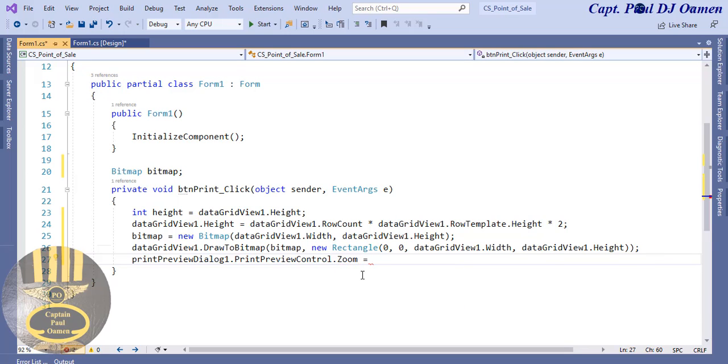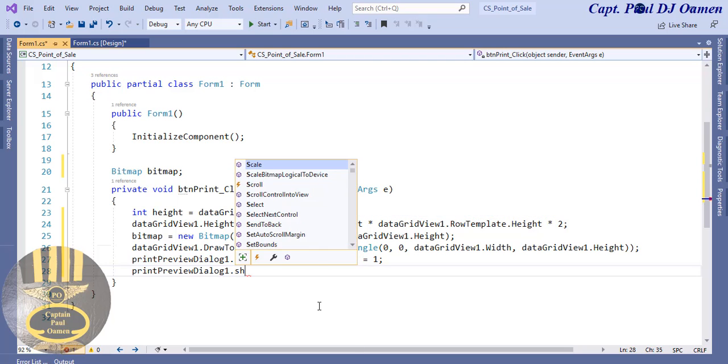Okay, you can make yours 2. I'm going to set it for 1. Then the print dialog 1, I want you to show the dialog itself. Copy that, paste it right here. Print dialog dot show dialog,